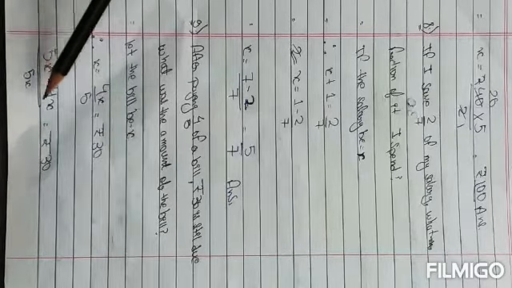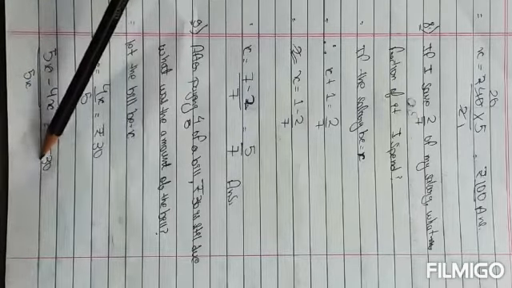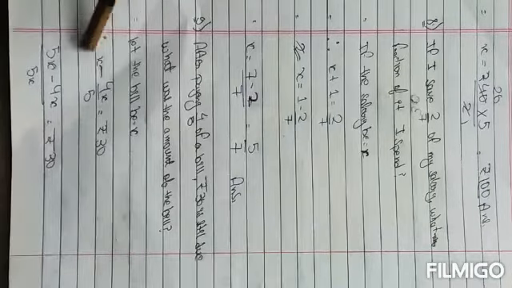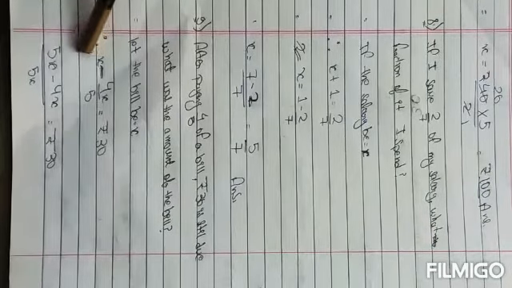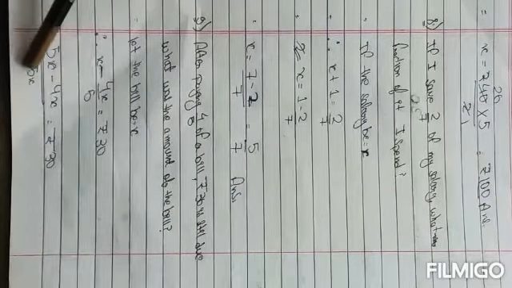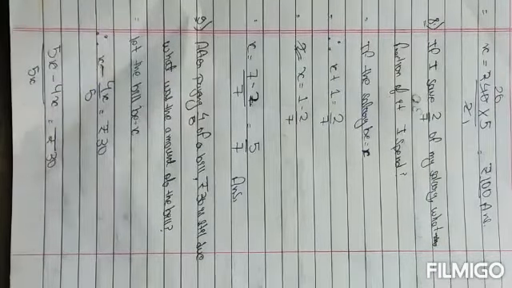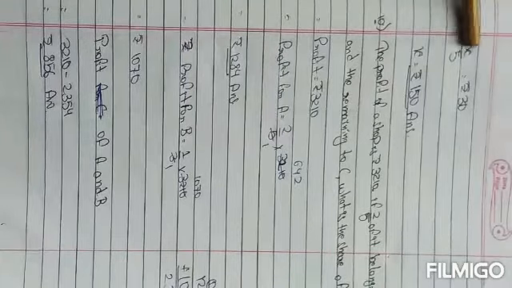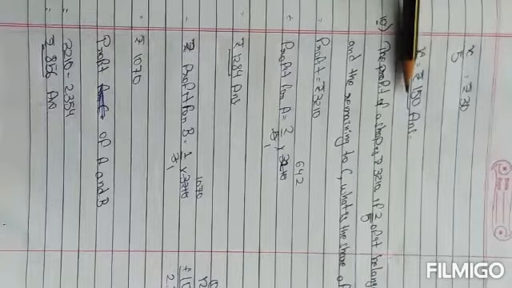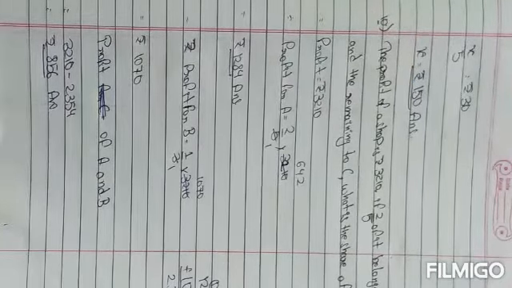You will get 5x minus 4x/5x equals to rupees 30. Why we are writing this? Because here nothing it is there, it's a subtraction sign. Then after that nothing it is there, here down you have to write here 1. After that you have to take the LCM. You will get 5x minus 4x/5x. Subtract it, you will get x/5x equals to rupees 30. Then you have to multiply here. You will get 30 into 5. You will get 150. X equals to 150. Answer means X means amount of bill. You will get 150 rupees.